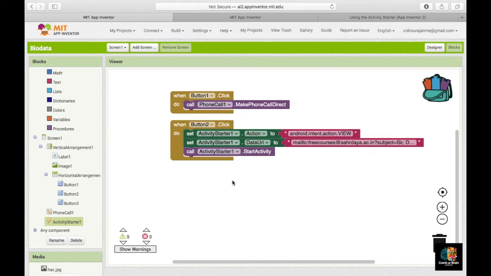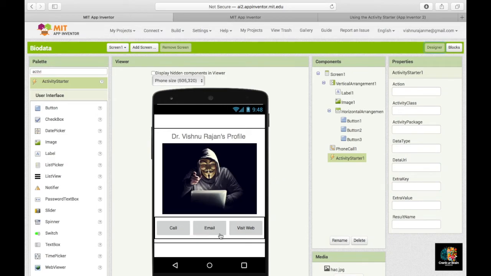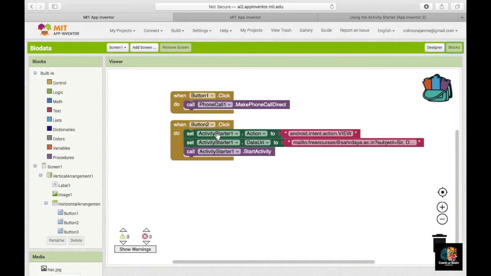So now what is going to happen whenever you press button 2, that means the email button: first of all, the action is already set. Second, the data URI, that means all the required data will be fed to the application, that is the Gmail application or the default email application. For example, the mail ID will be given, the subject will be given, and also the body.